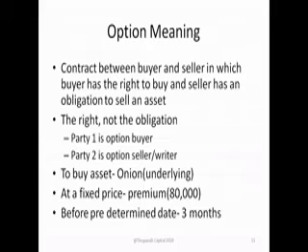So in the actual market, buyers have the right but not the obligation. Sellers are obliged to sell an asset when a buyer comes to them. Here the asset was onions, which is also known as the underlying asset. Like if we are trading Nifty, Nifty is the underlying asset, and the Nifty option prices that you're seeing, at different strike prices, those are options.